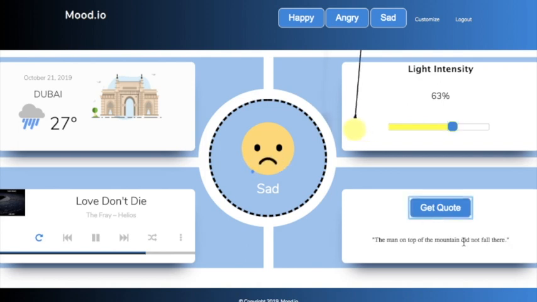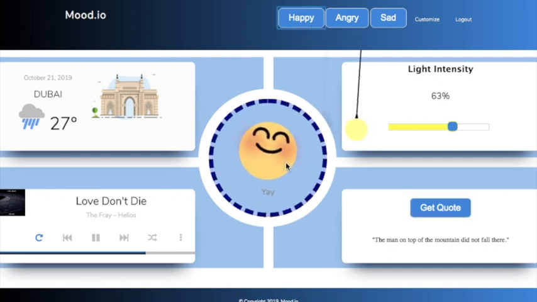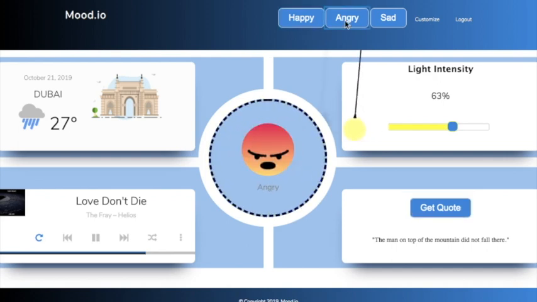The man on top of the mountain did not fall there, etc, etc. And this is just for display purposes. This is what the happy mood would look like, and this is what the angry mood would look like. And this concludes the explanation of the dashboard,